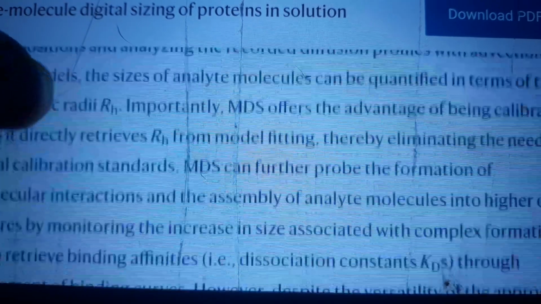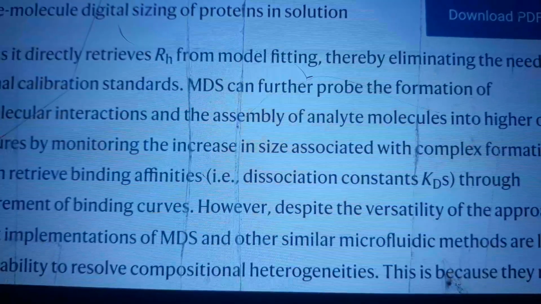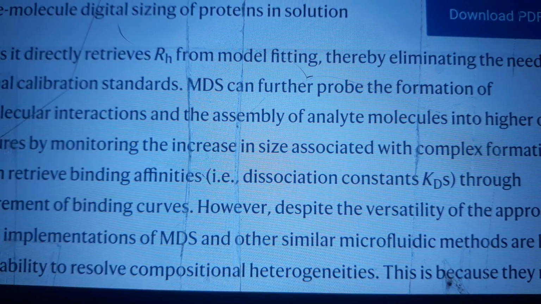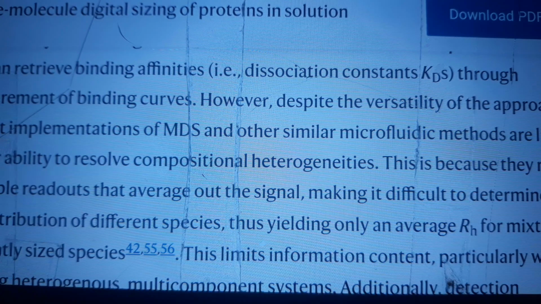Importantly, MDS offers the advantage of being calibration free as it directly retrieves RH from model fitting, thereby eliminating the need for external calibration standards. MDS can further probe the formation of biomolecular interactions and the assembly of analyte molecules into higher order structures by monitoring the increase in size associated with complex formation, and can retrieve binding affinities, that is dissociation constants, KDs, through